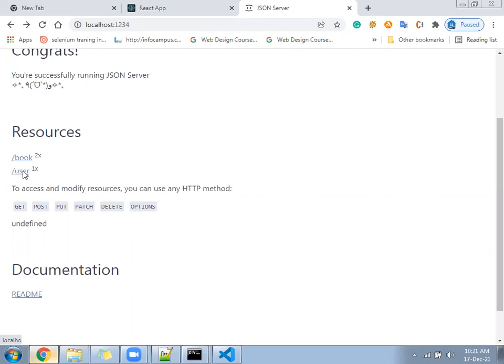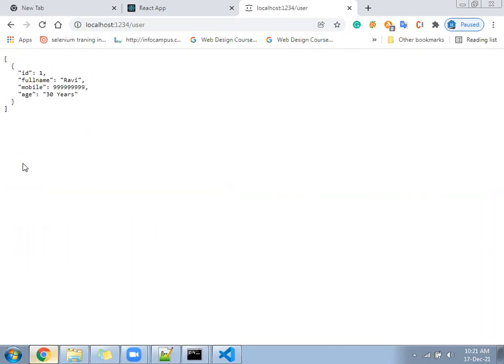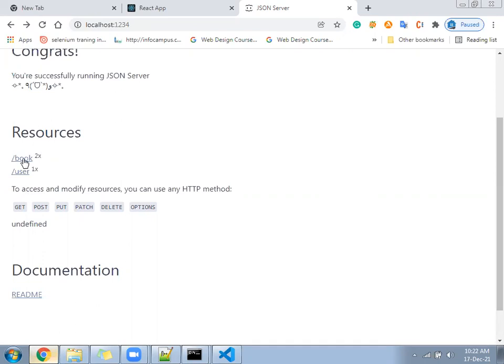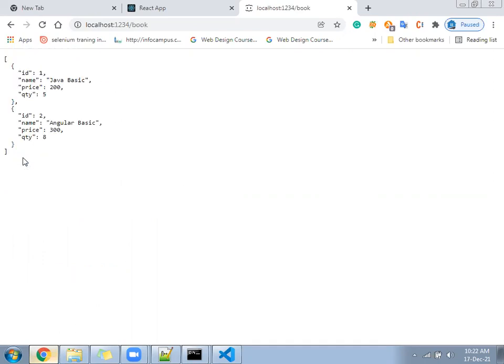You will see only one record in user, whereas book has a total of two records. If you click on book, it will show the number of records as two.